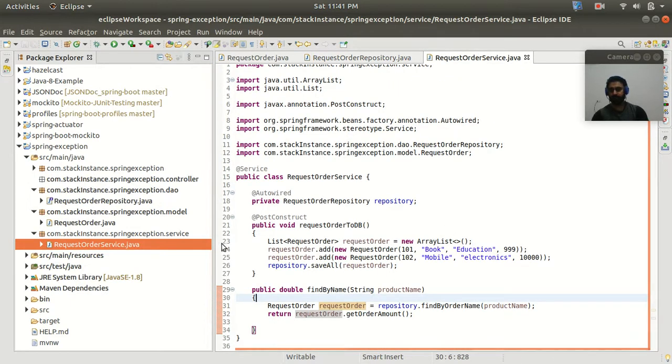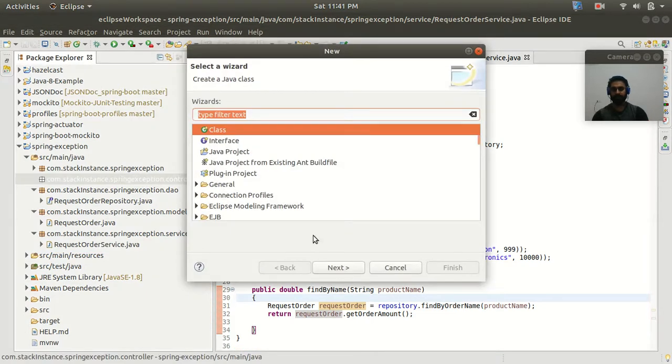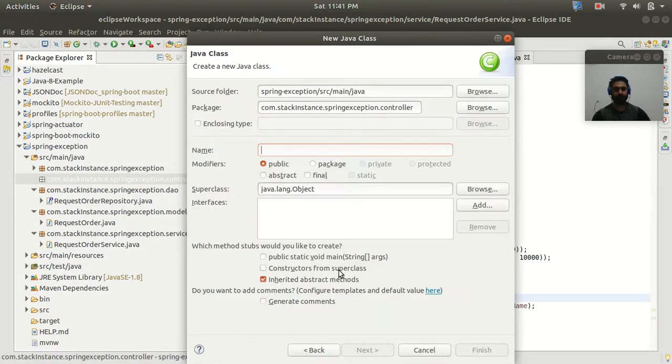So let's go to our controller, and here let's create one controller class, and let's give this the name request controller, or request order controller.